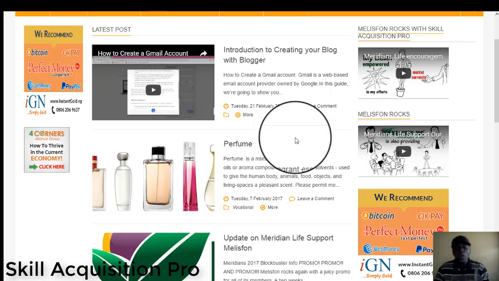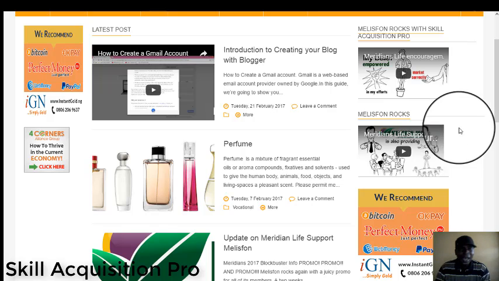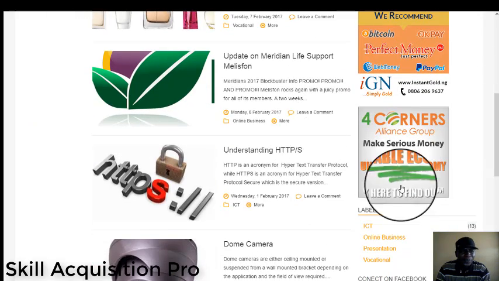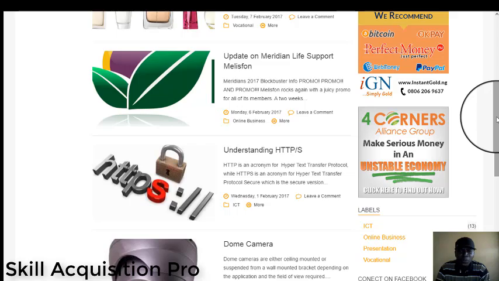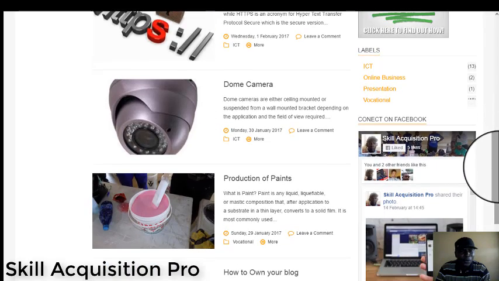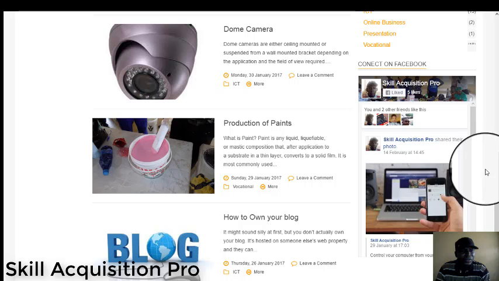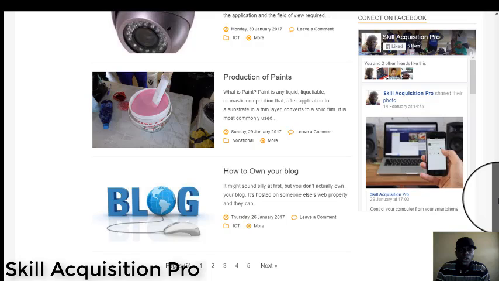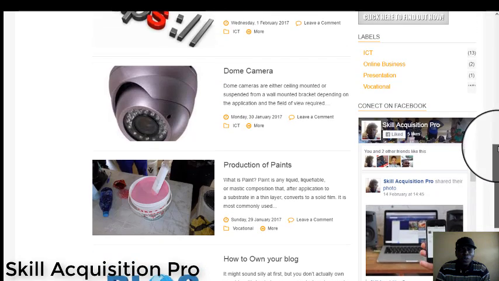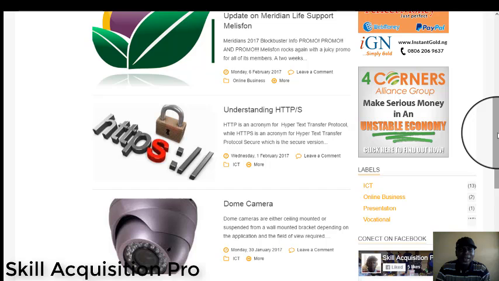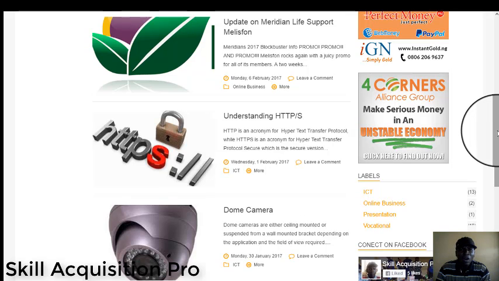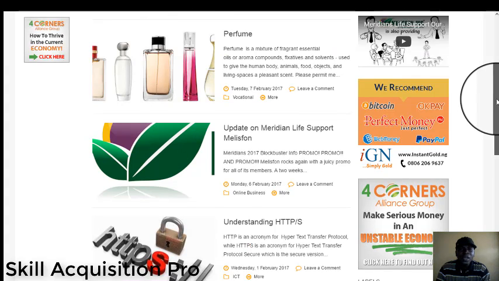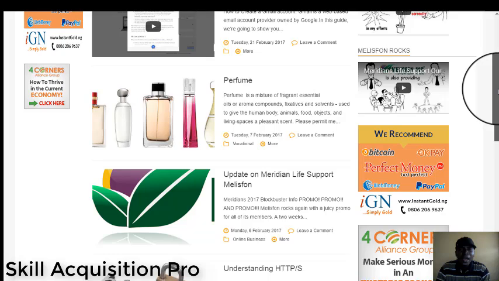And when you post, whatever you post last appears first. And what you have here, all these series of posts, are what we call chronological. These are various posts that we have been discussing on our WhatsApp platform. You can see them: how to run your blog, production of paints, dome camera, understanding HTTP, update on Meridian Live Support System, Meridian Live Support, and then your perfume,